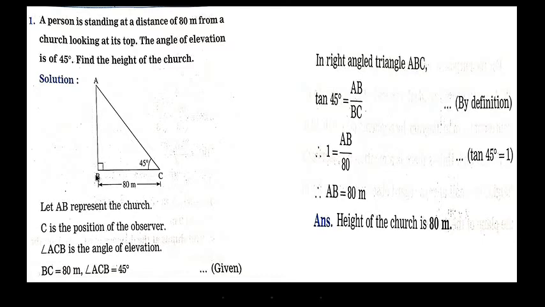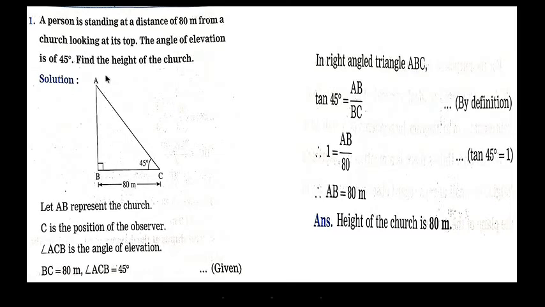That means we have to find the length of AB. Now when the observer looks at the point A, the observer makes an angle of 45 degrees. So from this figure we have AB represents the church, C is the position of the observer, angle ACB is the angle of elevation, BC is the distance of observer from the church, which is given as 80